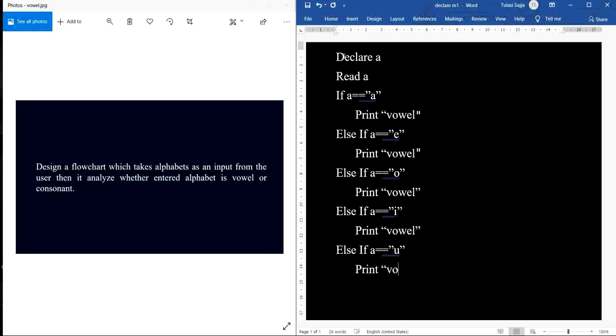Otherwise, it simply prints, for the remaining characters other than A, E, I, O, U, that the character is consonant. So this is the algorithm to solve this particular problem, to check whether the entered character is a vowel or not.